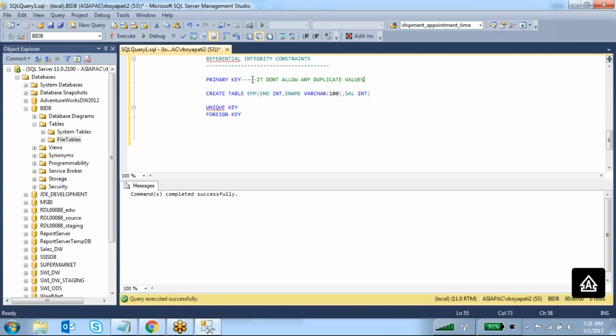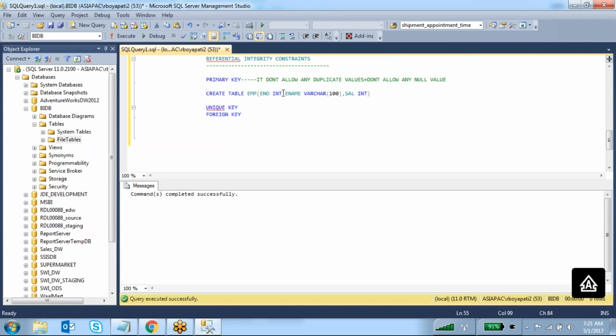So you have to maintain distinct values, no duplication, and it also doesn't allow any null value. Okay, always you have to insert a numeric value. It doesn't allow null values.